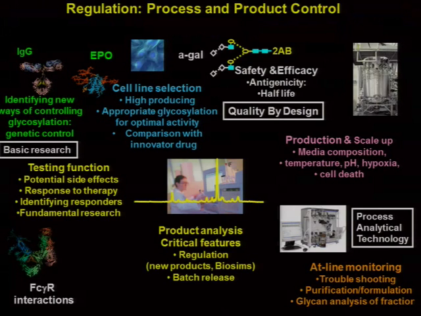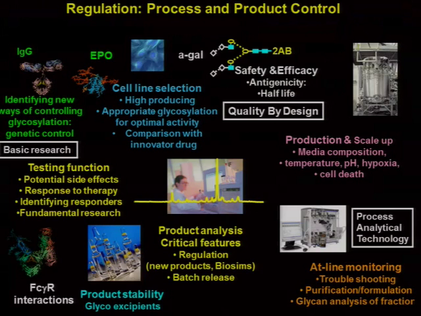And testing function as well, because I was talking yesterday about these Fc gamma interactions. More and more people are asking, you already have to show that your IgG will do what you think it's going to do, and more they're going to be asking, can you show that it isn't doing anything else? So this is still in the research area, but it's important to understand that it's coming online. And then product stability, of course. Glycans are very stable, it's not usually a problem, but you do need to be able to test that your glycans are stable